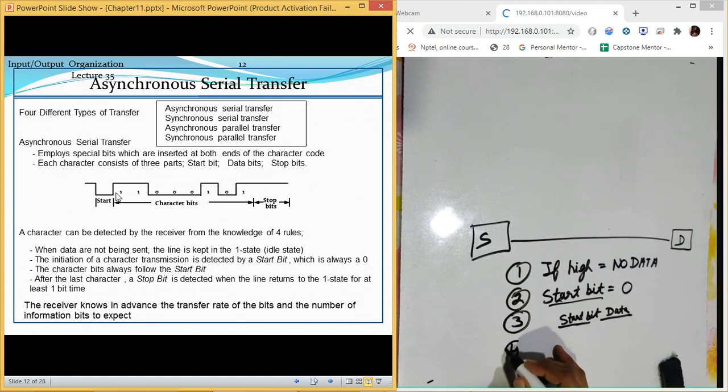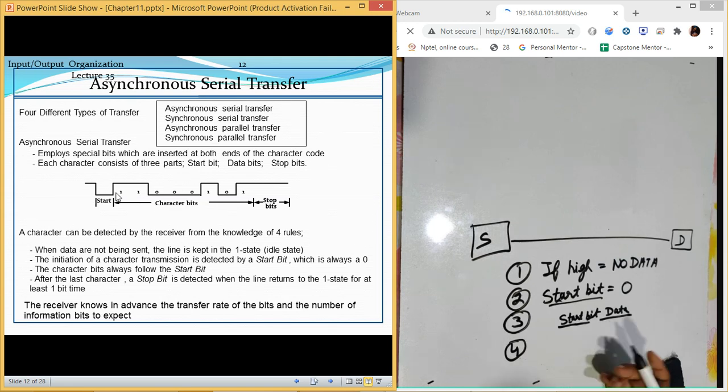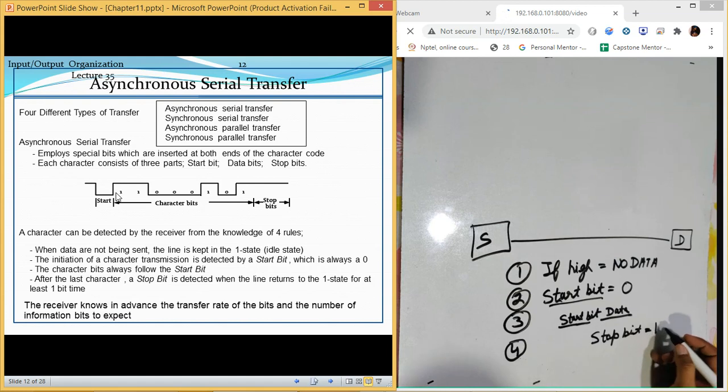After this, we have the fourth rule. Once the last bit of the data is sent, we will send a stop bit. So at the end, we will be having a stop bit. And what will be that stop bit? It will be 1, or it can be multiple ones. When that value touches 1, it means there is no data sent.